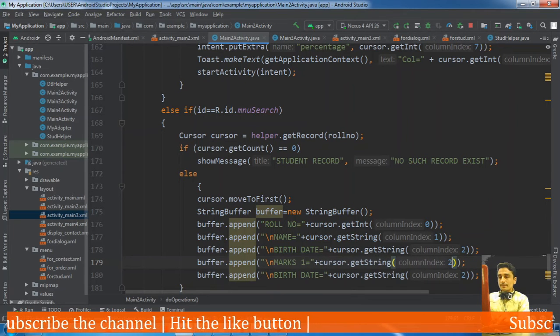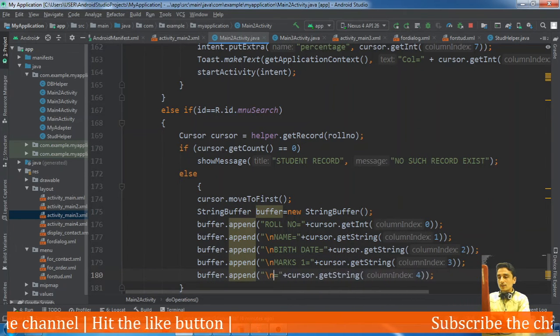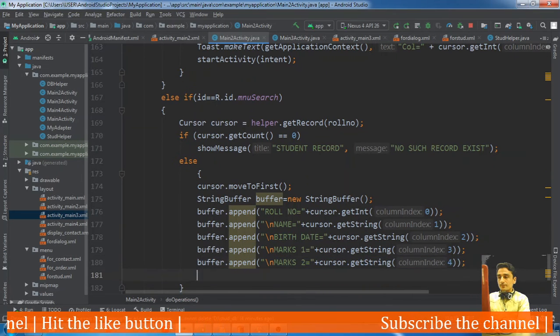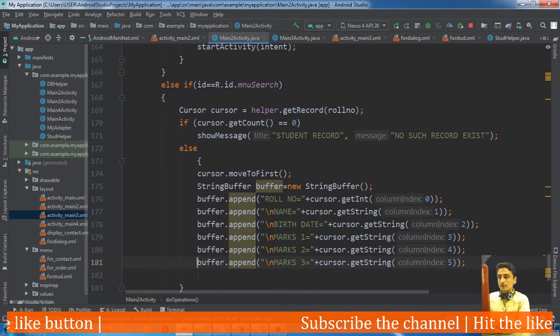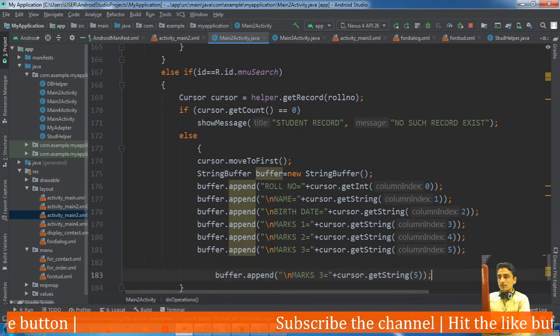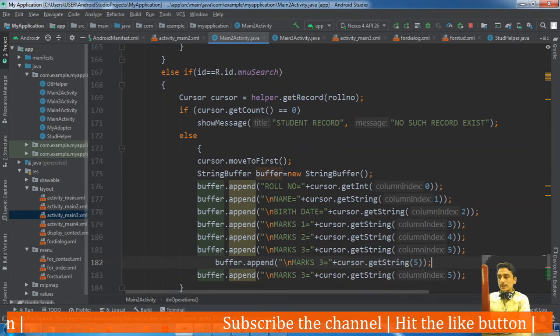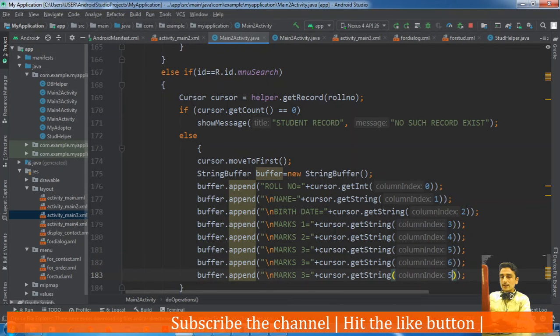marks 1, third column, fourth column is marks 2, then marks 3, then total and percentage. Okay, that is column 6 and 7.